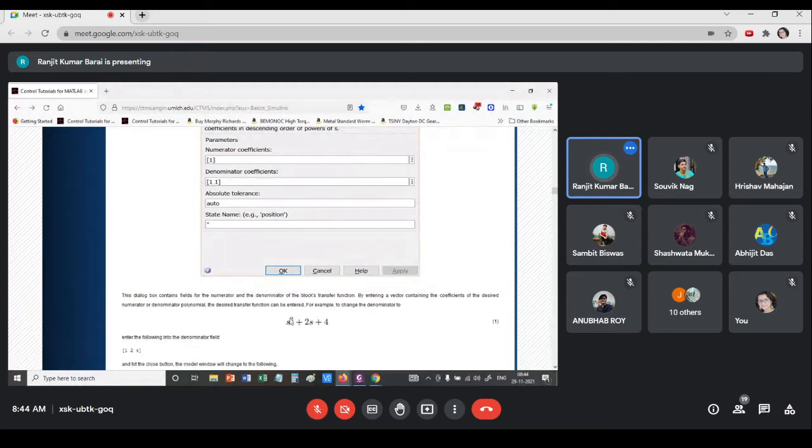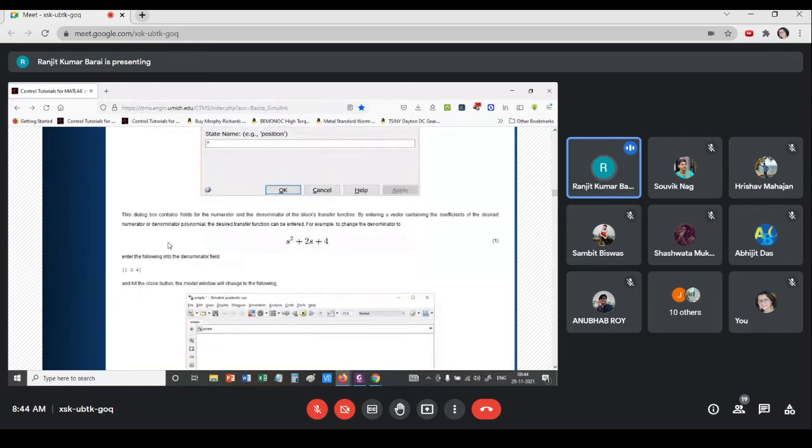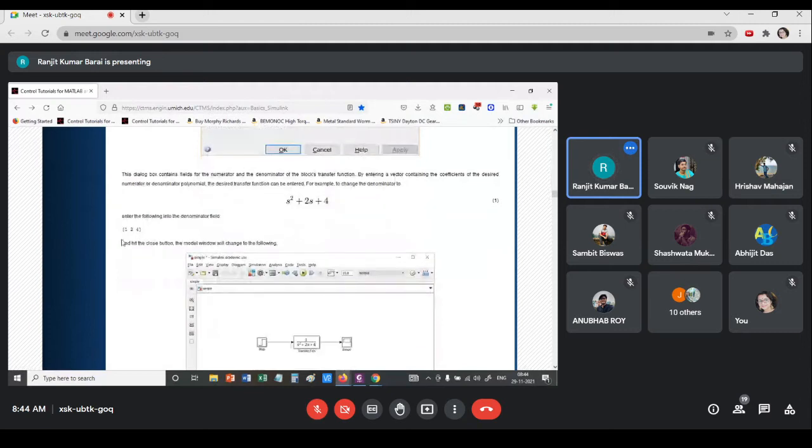Here we will write 1 because the coefficient of s square is 1, then the coefficient of s is 2, and the final one, the coefficient of s to the power 0, is 4. So this matrix will become 1, 2, 4.